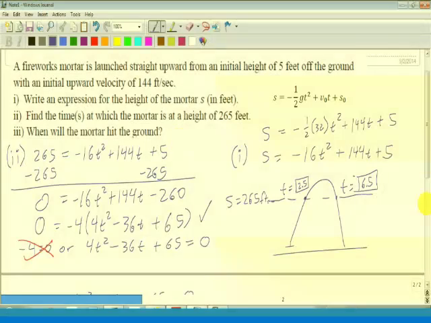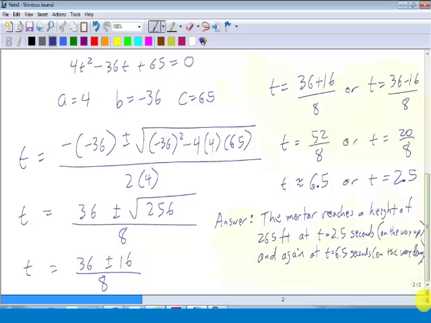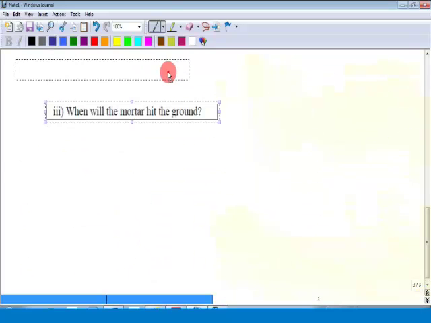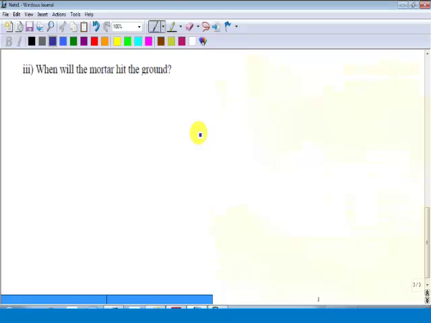And we talked about this last time. First we have to decide how high above the ground it will be when it hits the ground. Goes without saying that at the moment it hits the ground, it will be 0 feet above the ground. So we'll substitute s equals 0 into s equals -16t squared plus 144t plus